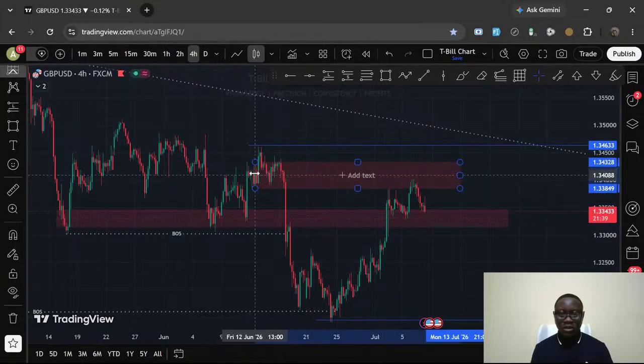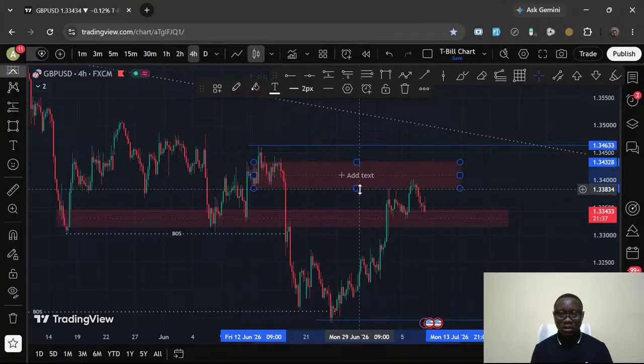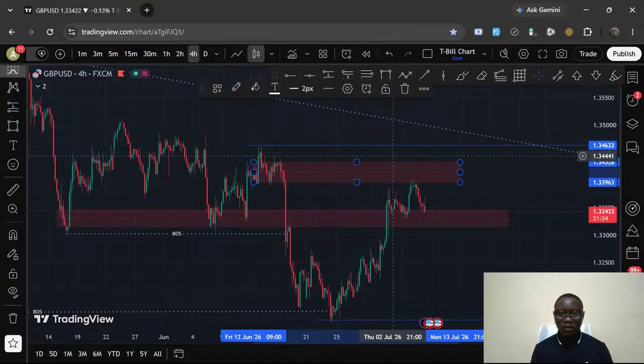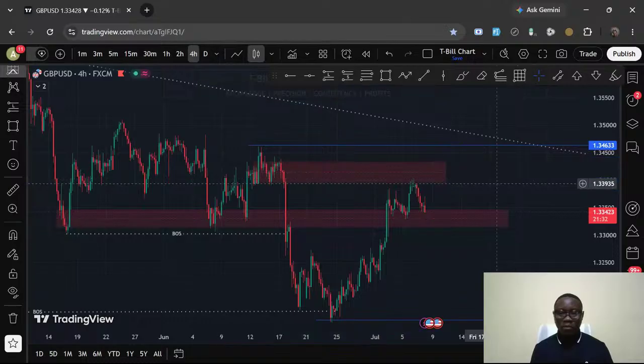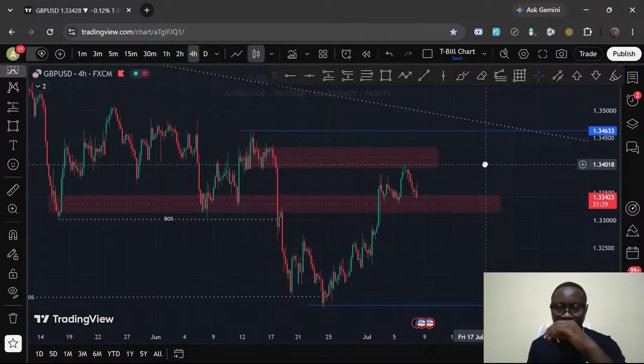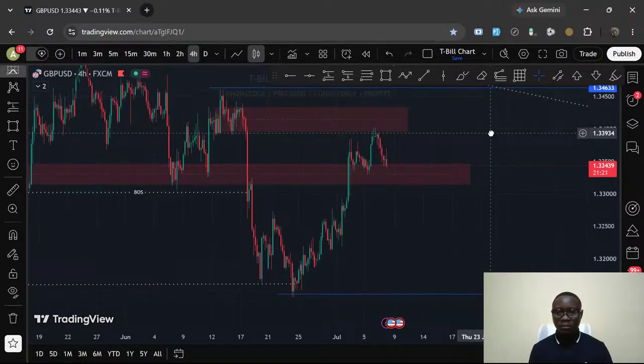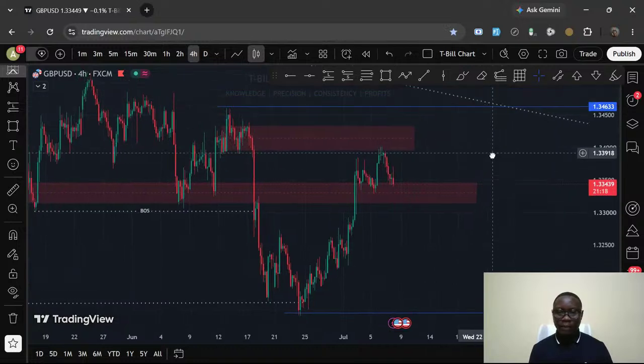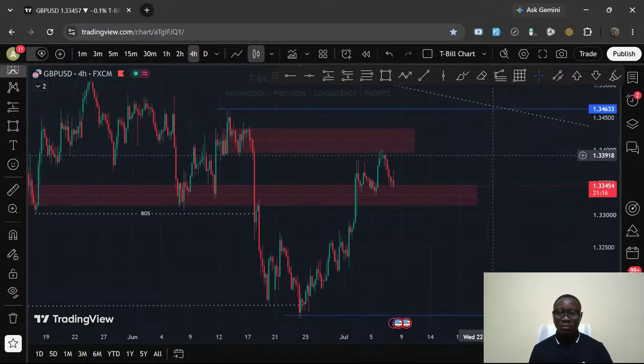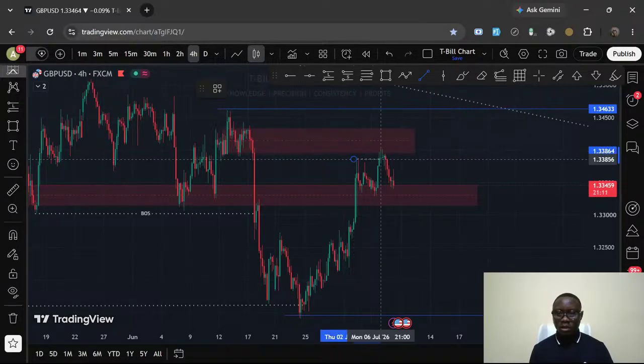So we have this and this right here. Have this break of structure to the upside. Don't forget the market is bearish. Market is bearish, so we have this break of structure to the upside,